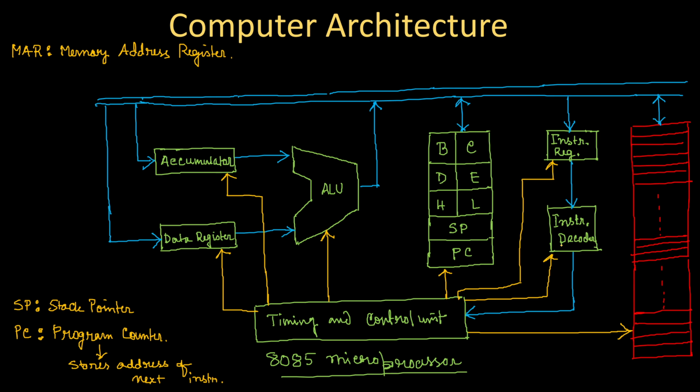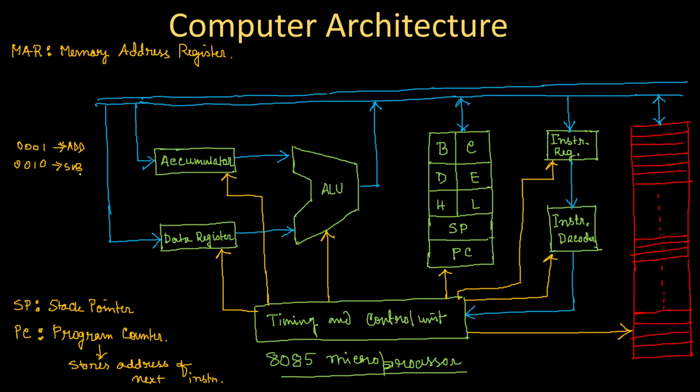Now we all know about decoders. A decoder produces outputs having a combination of ones and zeros, which has a specific meaning. For example, just assume that in the decoder output 0001 means addition, and 0010 means subtraction, something like this. And depending on the addition or subtraction instruction, the timing and control unit has to generate the respective control signals. Not only the addition or subtraction is important. Another important thing is where the data is available.